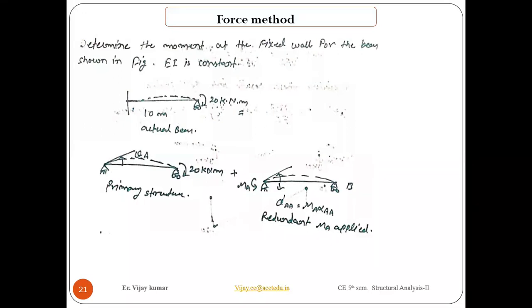First of all, we need to divide this beam into two segments. So we divided this beam into two parts, and we need to calculate the fixed wall moment. For that, we have to remove the restriction, the reaction that is required to be calculated. What is the meaning of force method which we are doing here? We need to remove the restriction or redundant force, and then calculate its value, right?